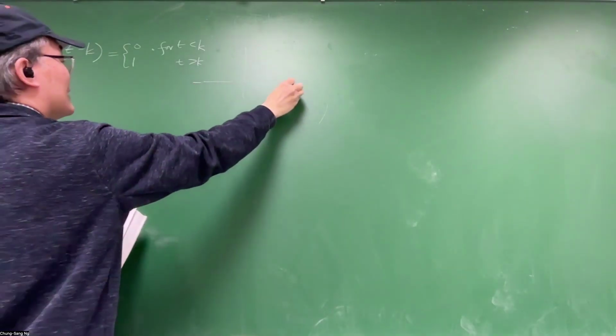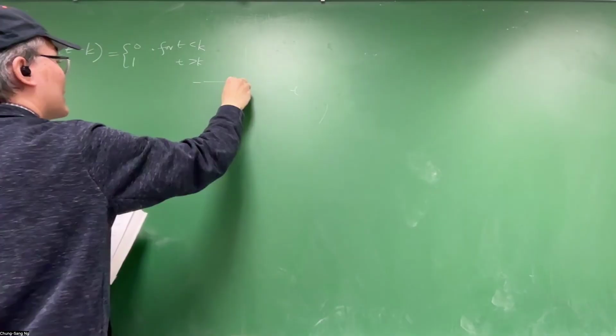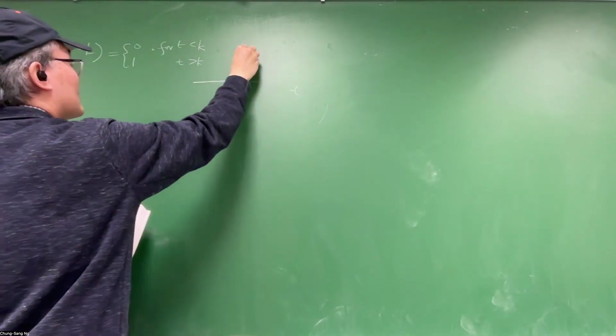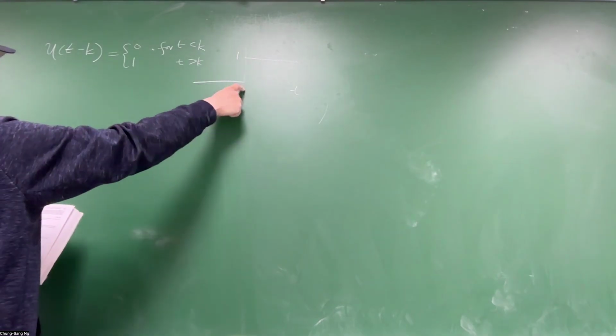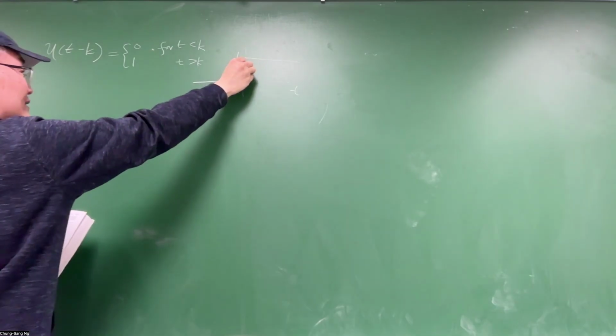So this is the function. This is t, and at k it jumps from 0 up to 1. That is the step function. Sometimes we define the value at exactly t equal to k as the midpoint. That's not important for us because we are doing an integral anyway, and a single jump at an isolated point will not result in any change in the integral. So now the Laplace transform of this u,